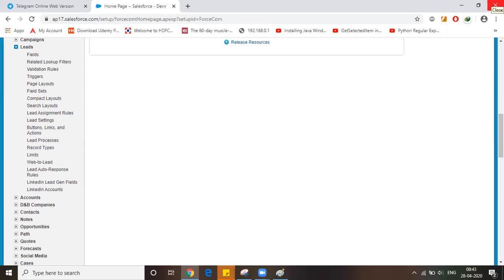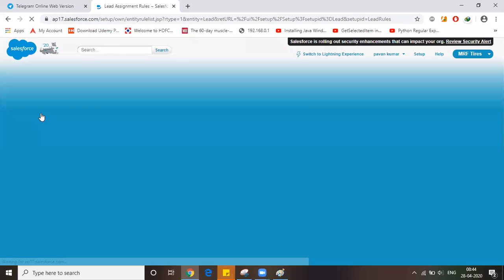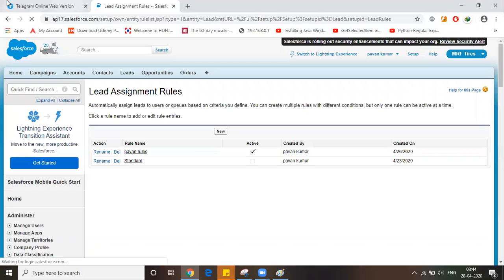Once we generated the lead, that lead has to be assigned. To take that lead further, our CRM tool has to assign that lead to an employee in the organization. This is done through lead assignment rules, and the setup navigation is like that.